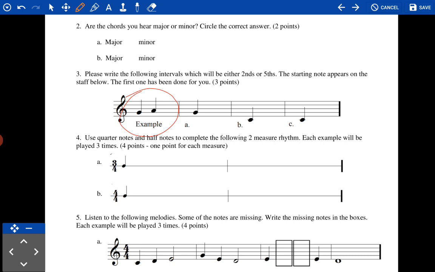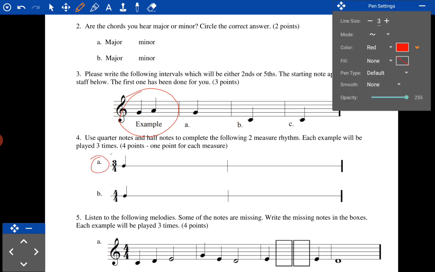This is usually the hardest one because it's played very fast and it's hard to follow. So number 4 says use quarter notes and half notes. That means you can only use quarter and half notes to complete the following 2-measure rhythm. Each example will be played 3 times. Okay, let's start with